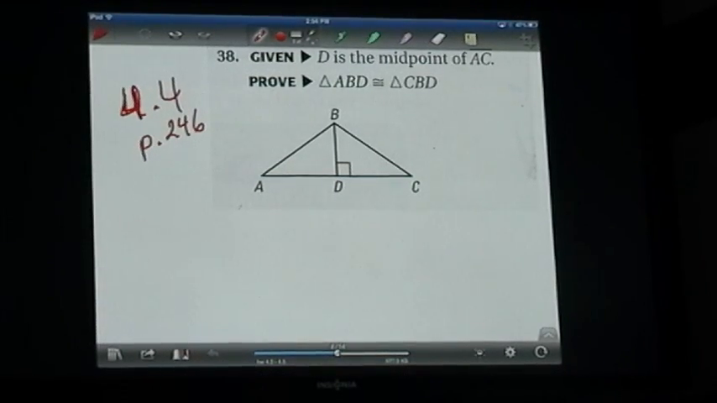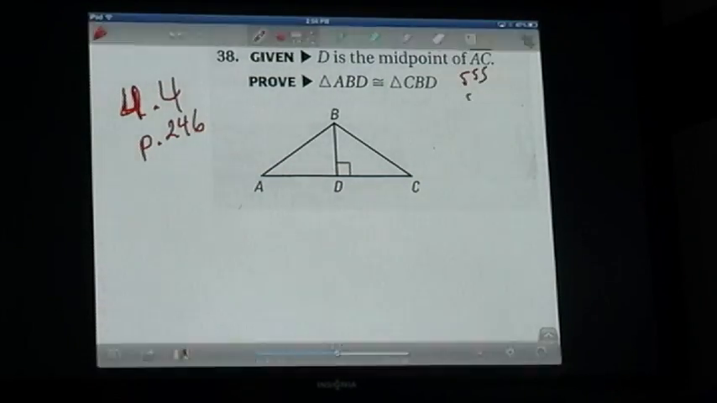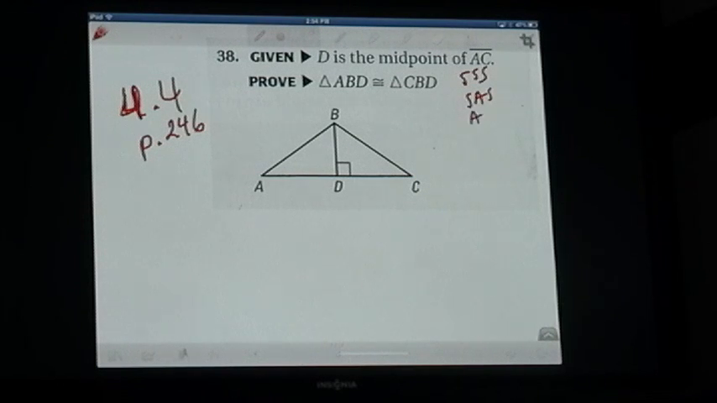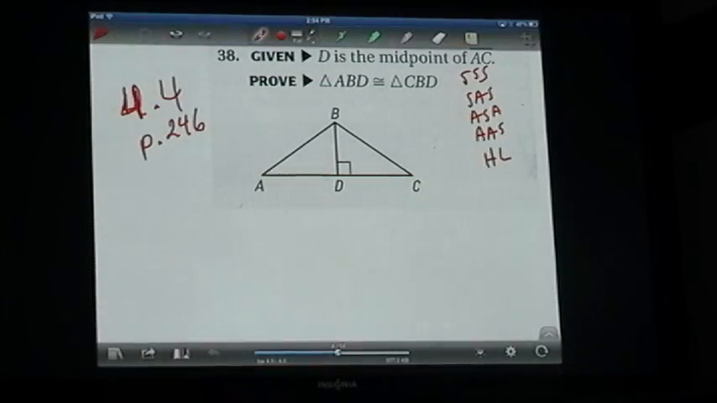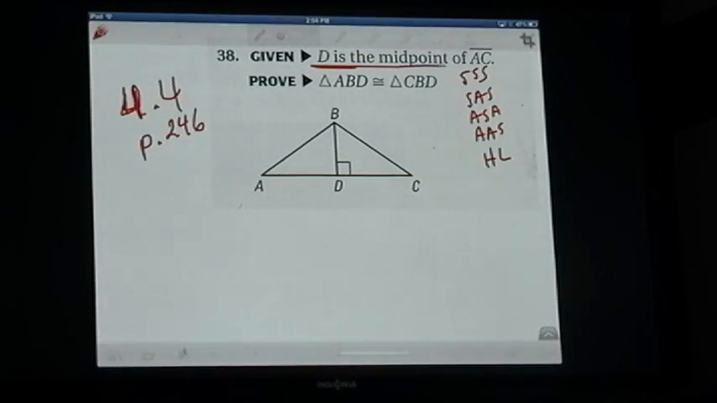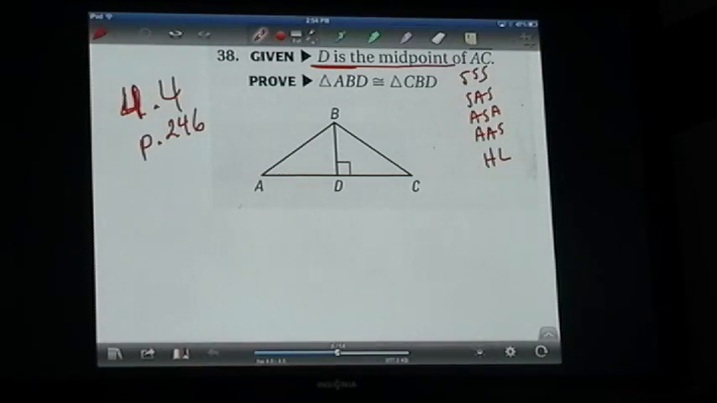All right, remember we have a choice of side, side, side; side, angle, side; angle, side, angle; angle, angle, side; or hypotenuse leg. Now since this has a right triangle, a right angle, it doesn't mean it's always going to be hypotenuse leg, but sometimes it is, so we want to check for that. All right, the only given thing we have is that D is the midpoint of AC. Now we have no way to mark that on our figure, so we can't mark anything given on our figure